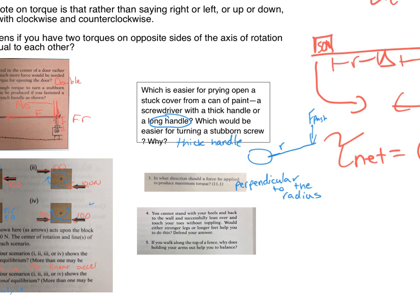Number 4, you cannot stand with your heels and back to the wall and successfully lean over and touch your toes. Please try this. It's fun. So stand with your heels up against the wall, try to bend over and touch your toes. Would either stronger legs or feet help you do this? The answer is no. Whenever you bend over to touch your toes, your butt goes backwards to help balance you out, basically to provide a torque in the opposite direction from your upper body. And without being able to move your butt backwards, there's a positive torque pulling you forwards and